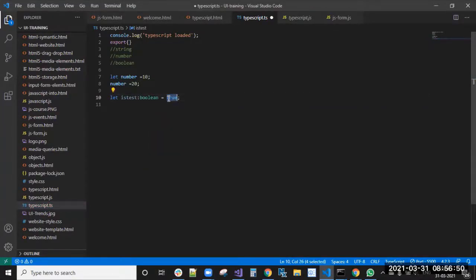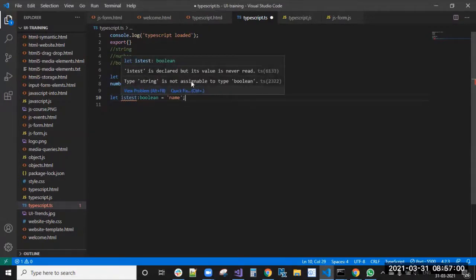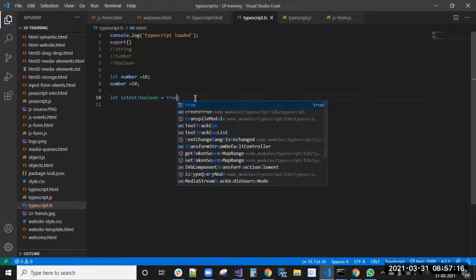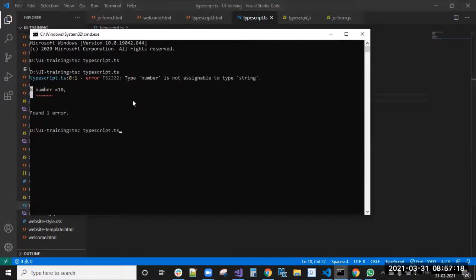But instead of boolean true, if you are declaring any name, it will give you an error because string is not assignable to type boolean. You have declared with boolean and you are assigning a string value. So in that case, you will get an error. If you declare true, then that error will go.